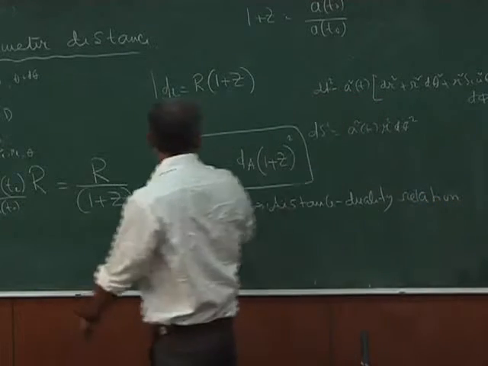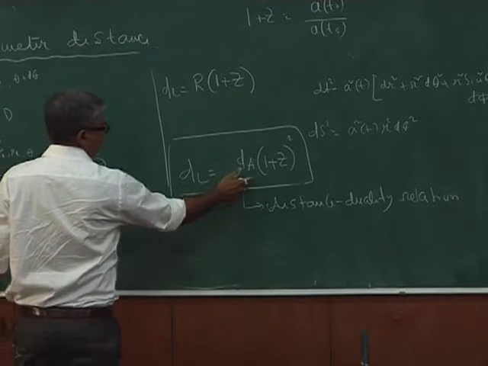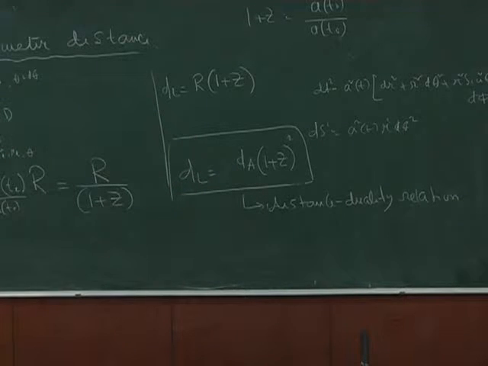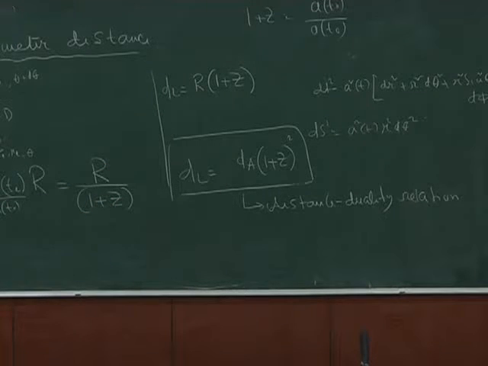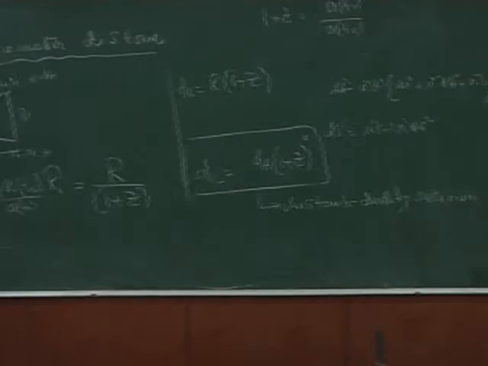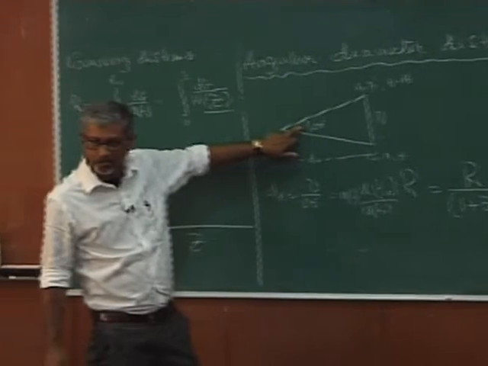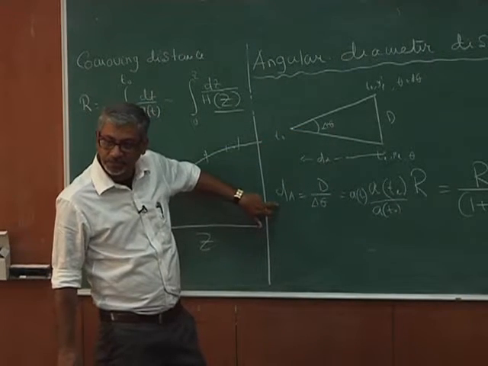So, in principle, if I know dl at that distance, I can also measure dA, because that is just related by a 1 plus z factor. Okay. So, that is not important. Important is that I now have another distance, related to r by 1 plus z, and one can measure this if we have a standard ruler in the sky and I can measure what angle that ruler subtends to us, then I can get the distance.